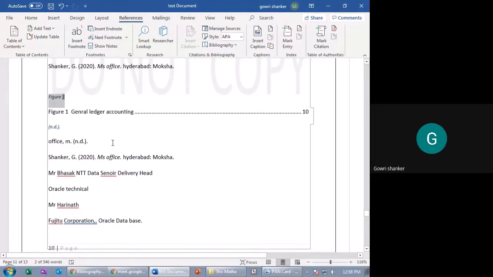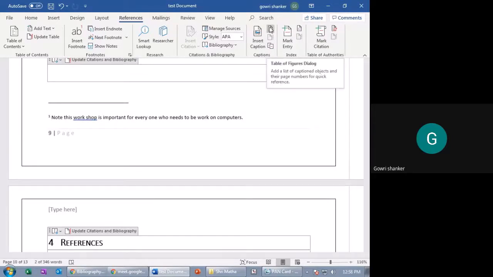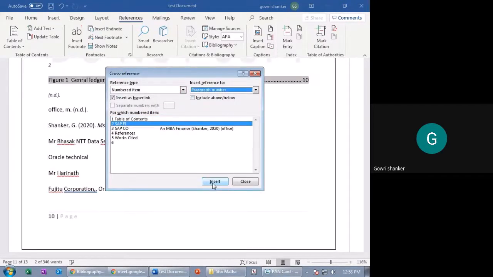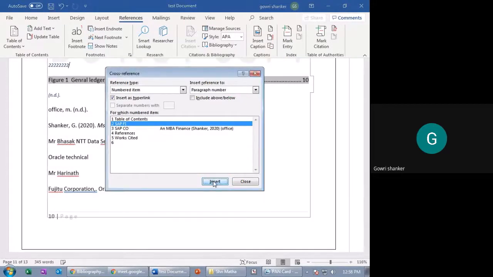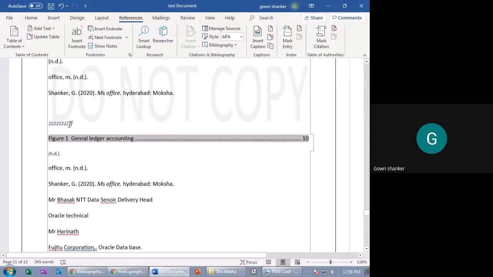So however you want to figure it out, you can figure it out by selecting this option called table of figures dialogue. Okay, and this is insert cross references. I have selected insert cross references, paragraph. Next number. So you can see the paragraph number is changing on the top. 2. It is showing 2. See, close.